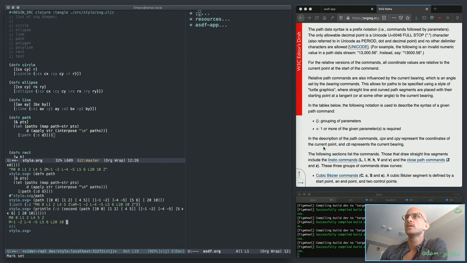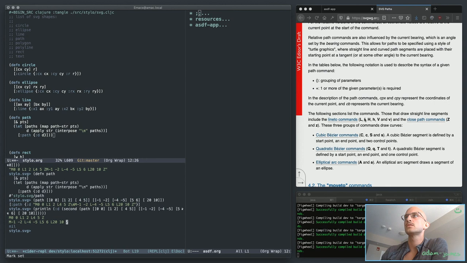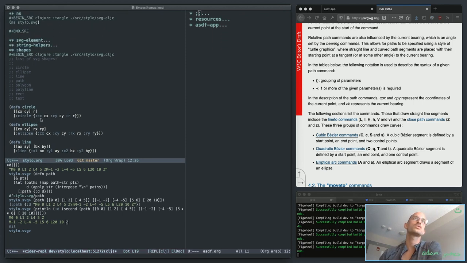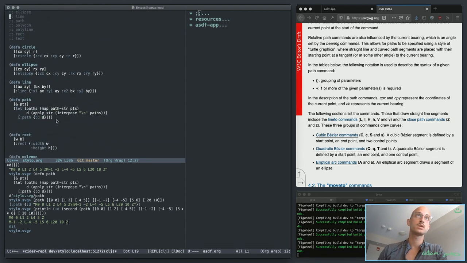Okay. The following sections list the commands, those that draw straight line segments, and the close path commands, Z and z. Okay. So this path here, the path string should be closed path string, actually. Define path should be closed path, or